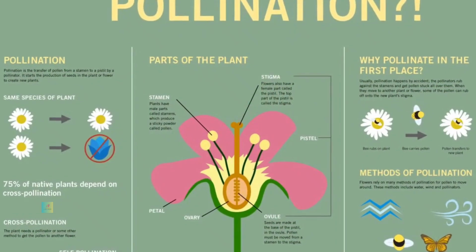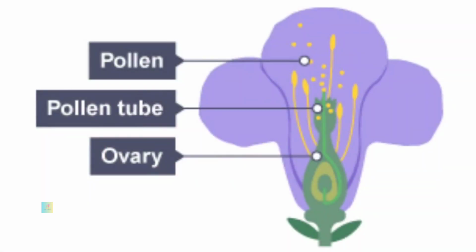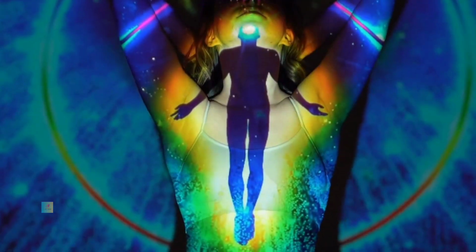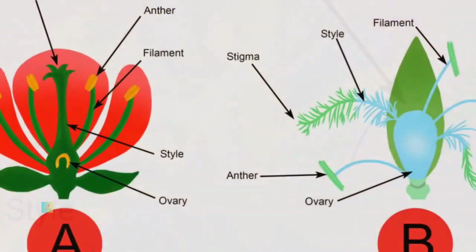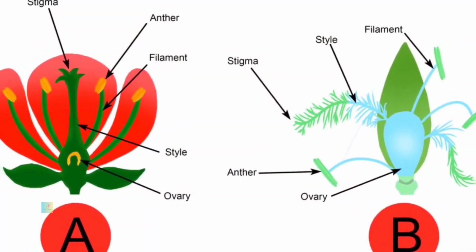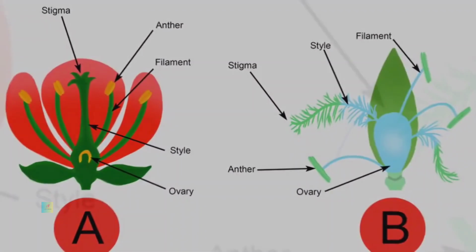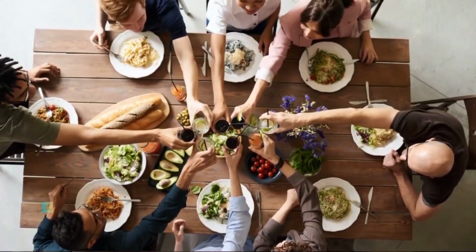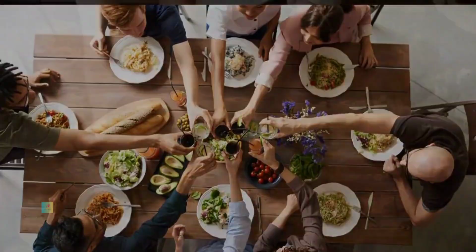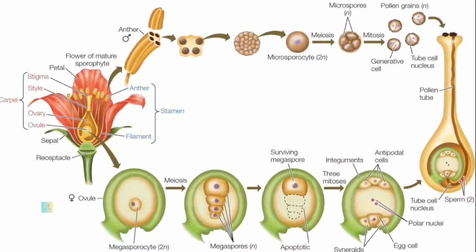The journey begins with pollination, a process where pollen grains are transferred from the male reproductive organ, anther, to the female reproductive organ, stigma, of a flower. This can occur through various mechanisms, such as wind, insects, birds, or other pollinators. The goal is to facilitate the fusion of male and female gametes, ultimately leading to the formation of a fertilized